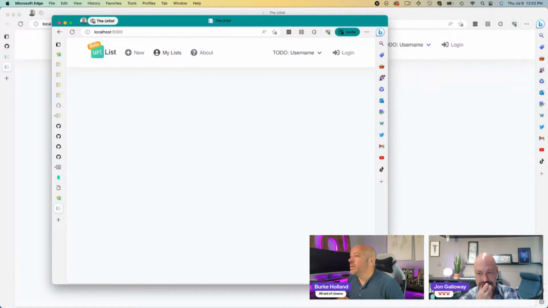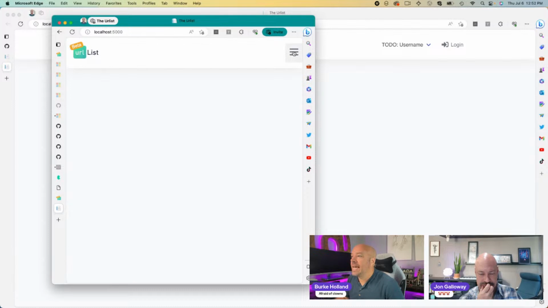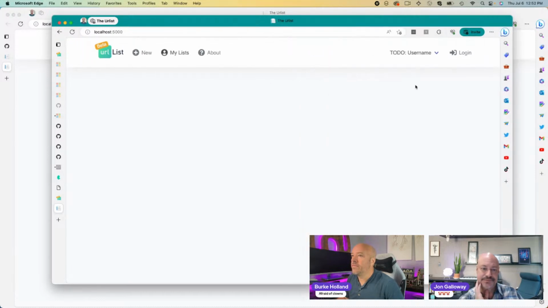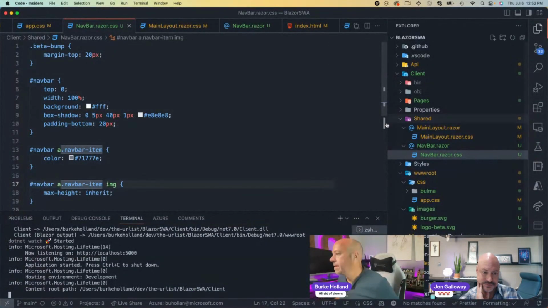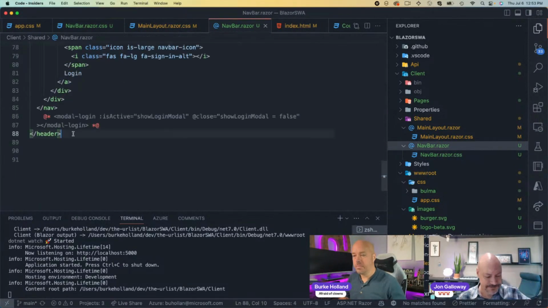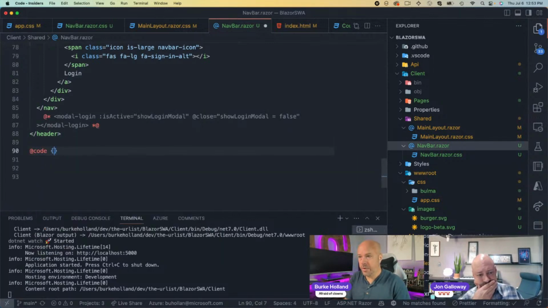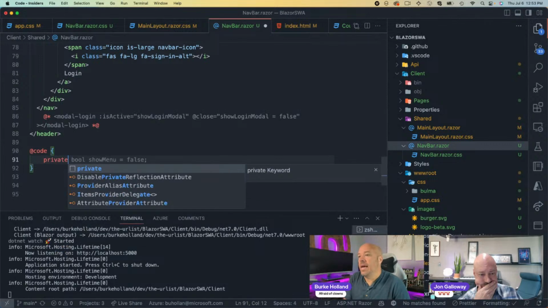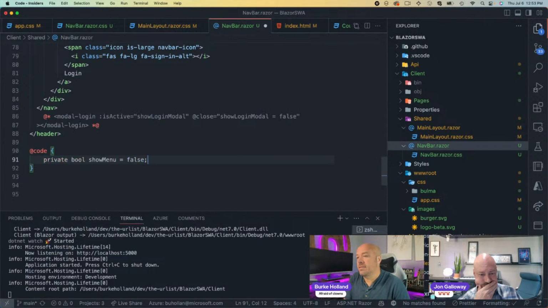So the next thing we need to do here is handle this click event, which is supposed to expand the list. So let's do that. In our code here, that's the wrong file. New code, and then what we need to do is create a